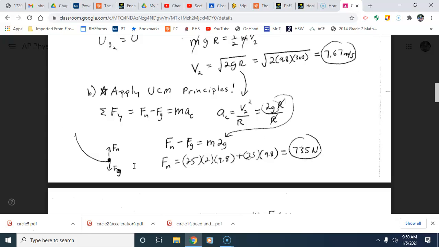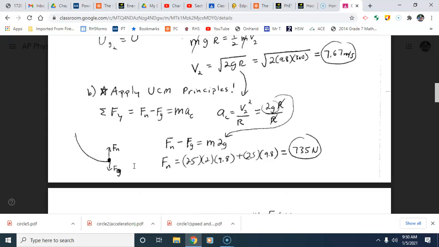Now, I have the number figured out, but I solved it algebraically. We can plug in the number 767, but notice that if I don't plug in numbers immediately, v2 is the square root of 2gr. If I plug that expression in for v2 and it's squared, that wipes out the square root, and that would be divided by the radius from that old formula we know from circular motion. That cancels out the radius, and that leaves us with just the mass times 2 times little g. We want to know the normal force, so we simply add over the weight, and it's 735